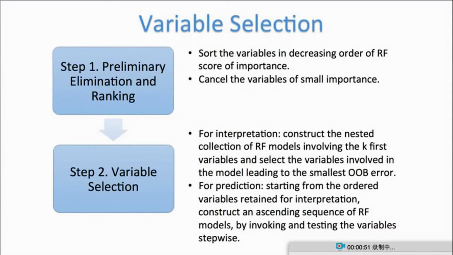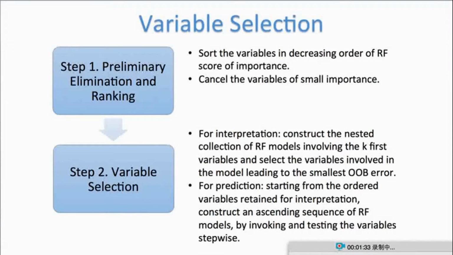The second step is to select variables for different purposes. For interpretation, a nested collection of random forest models, starting from one variable to all remaining variables, is constructed. The variables of the model having the smallest out-of-bag error are selected. For prediction purposes, an ascending sequence of random forest models is constructed by invoking and testing the variables stepwise, which means that a variable is added only if the error decrease is significantly greater than the average variation obtained by